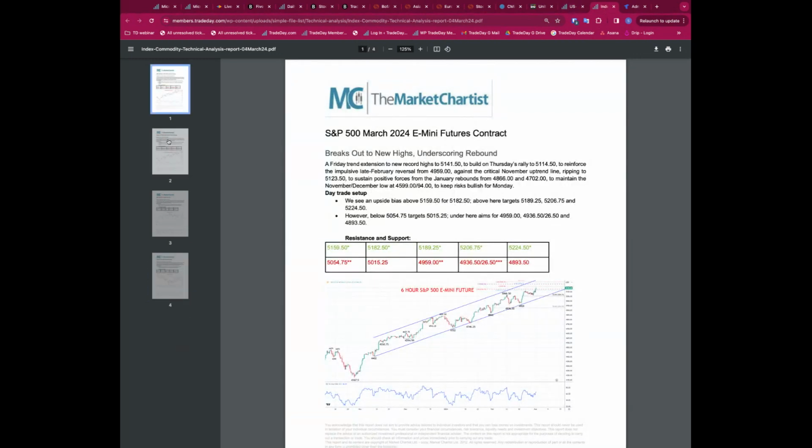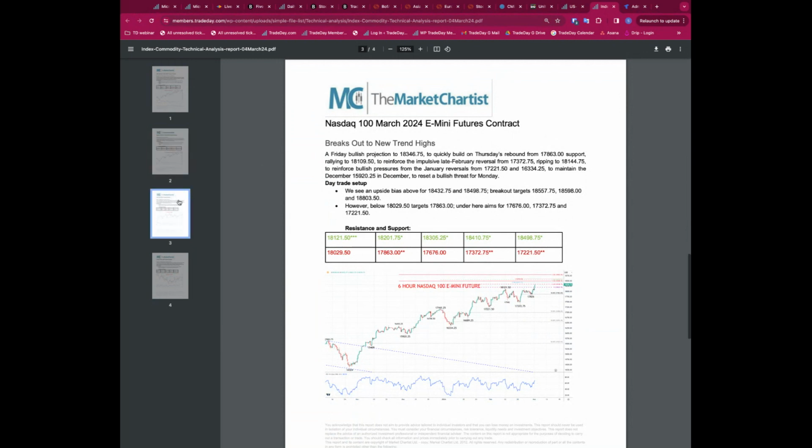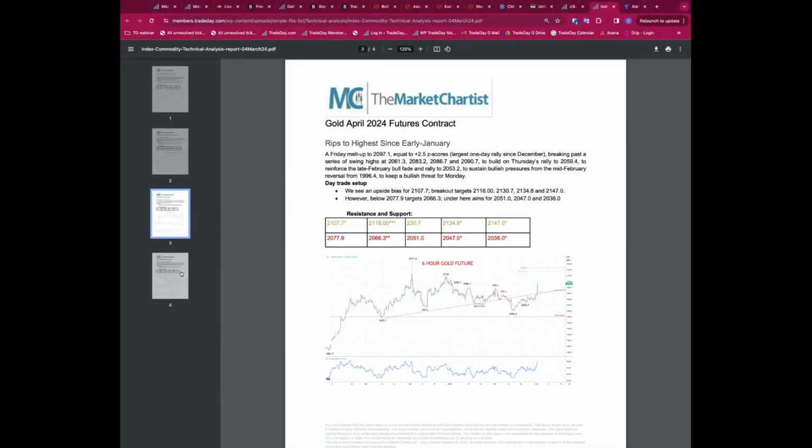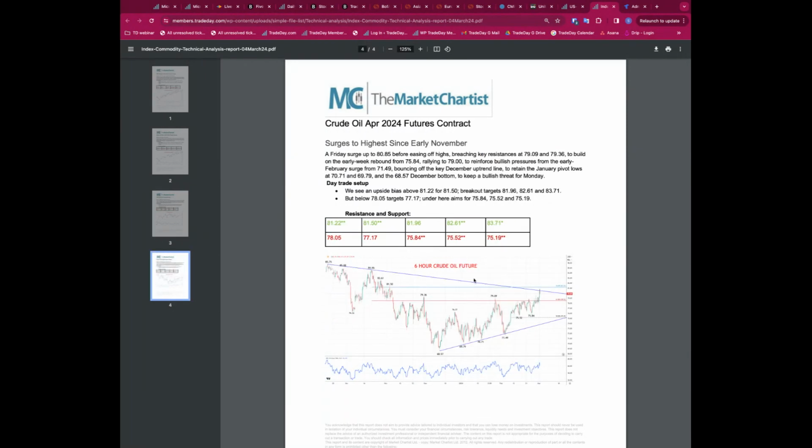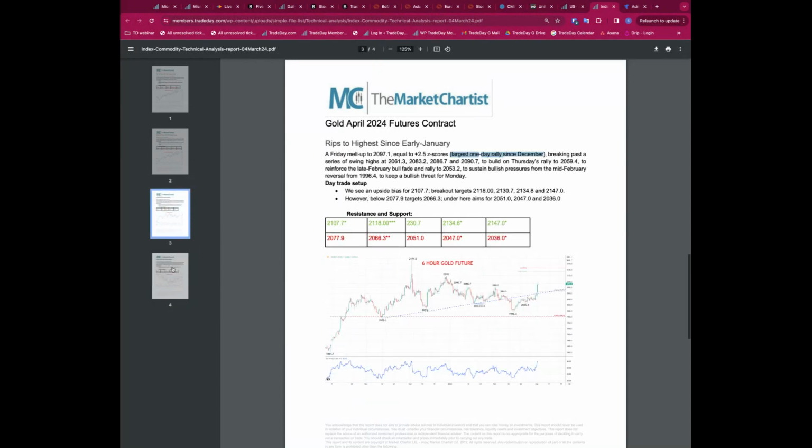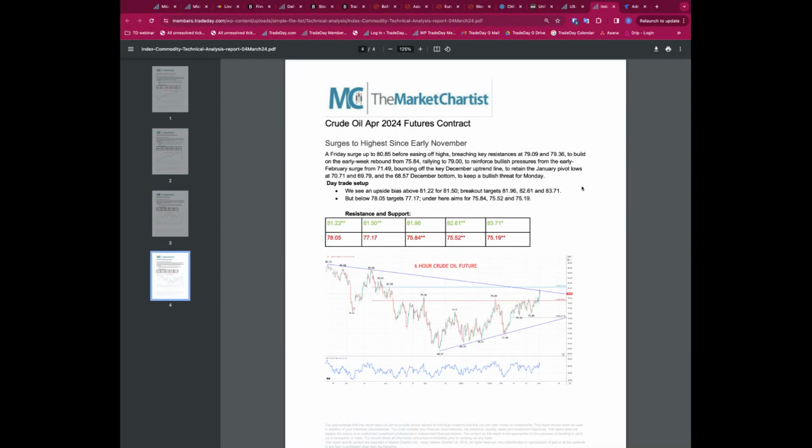And the stock indices are obviously up at the highs. We can't be anything other than bullish. A quick nod to oil. Oil had a rip higher and looks particularly bullish, the largest one-day rally on Friday since December. And not oil, sorry, gold. So gold looking particularly bullish, but oil breaking higher as well, taking out levels it's seen since November last year, and so looking bullish as well. So gold and oil looking particularly bullish after those strong runs. Maybe looking for a consolidation or correction today, but then looking for further upside potentially from gold and oil as we go into this week.